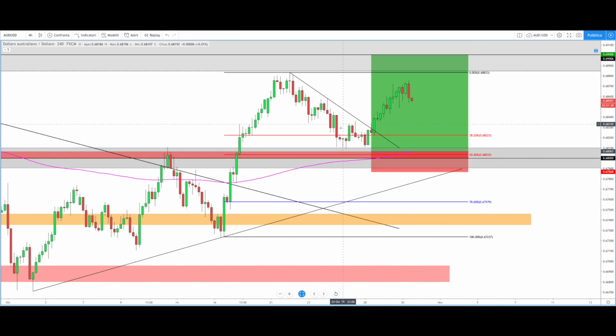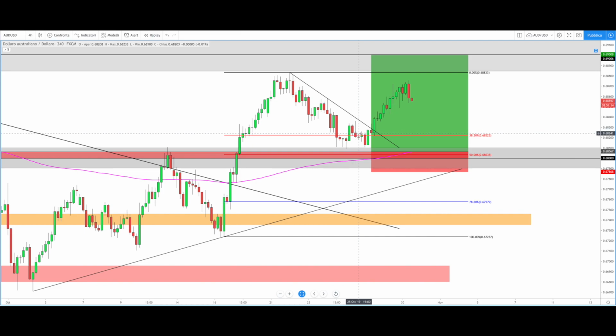retracement. And I shared this setup on the free Telegram channel during the last week, but we can see that the price didn't reach our entry point around 0.6805, failed to reach our entry point and tried to go higher,